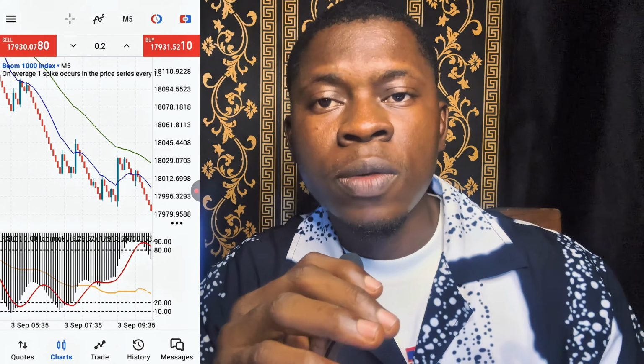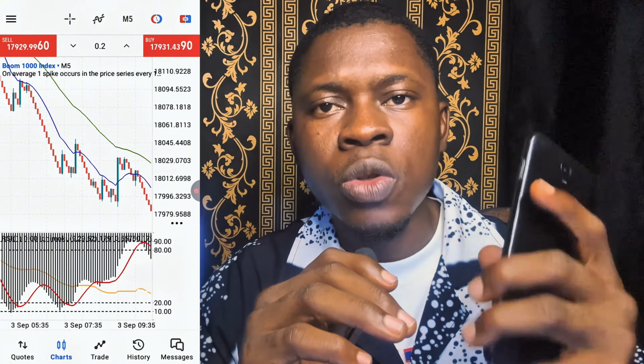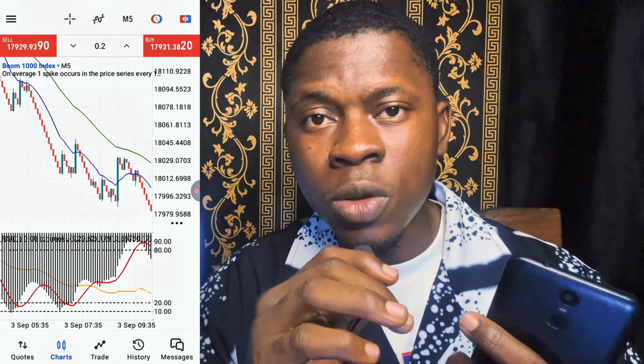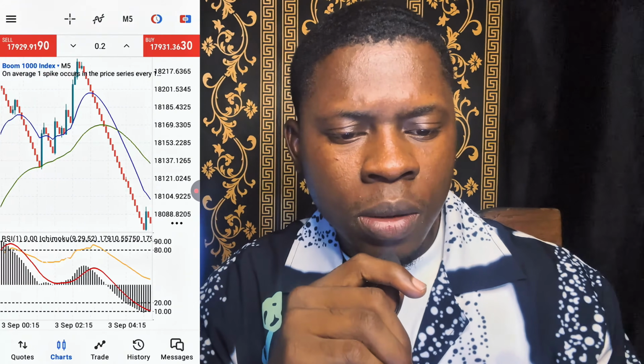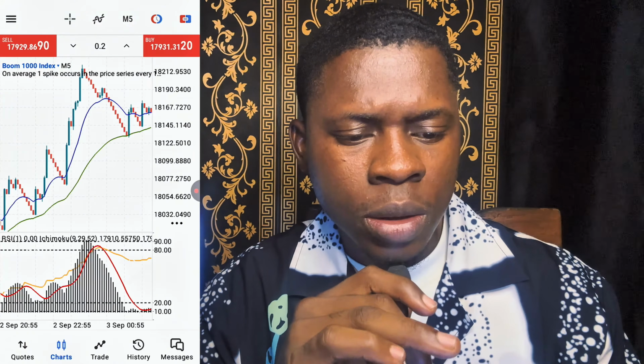So everyone has how they count their own zoom levels, okay? So that's how I count my zoom levels. You zoom in twice after you have zoomed out completely. So on the Boom 1000 index right now, how we're going to do this is that it's the same way